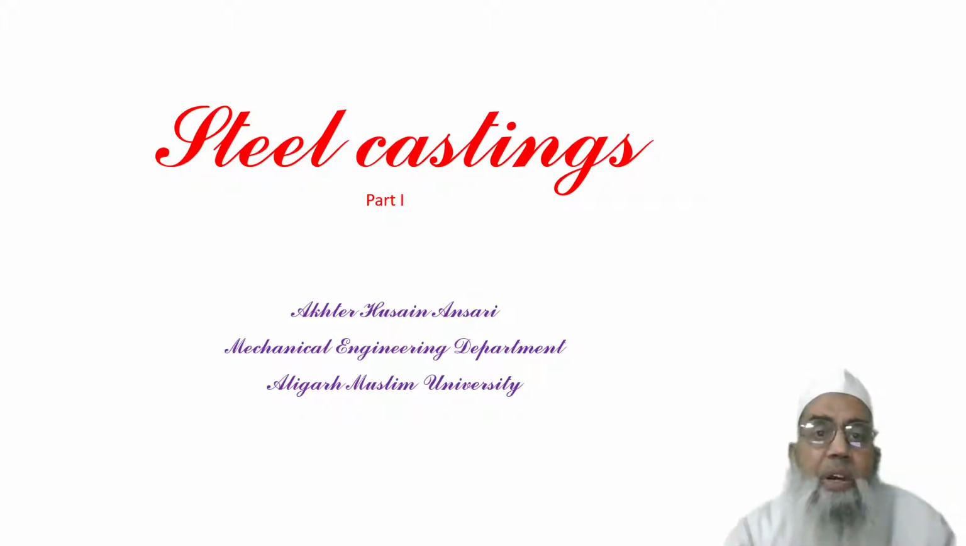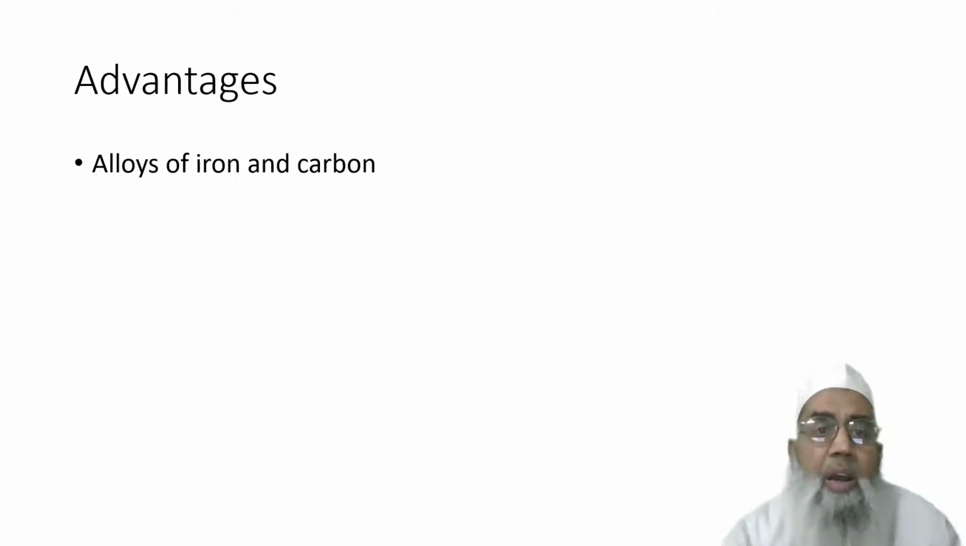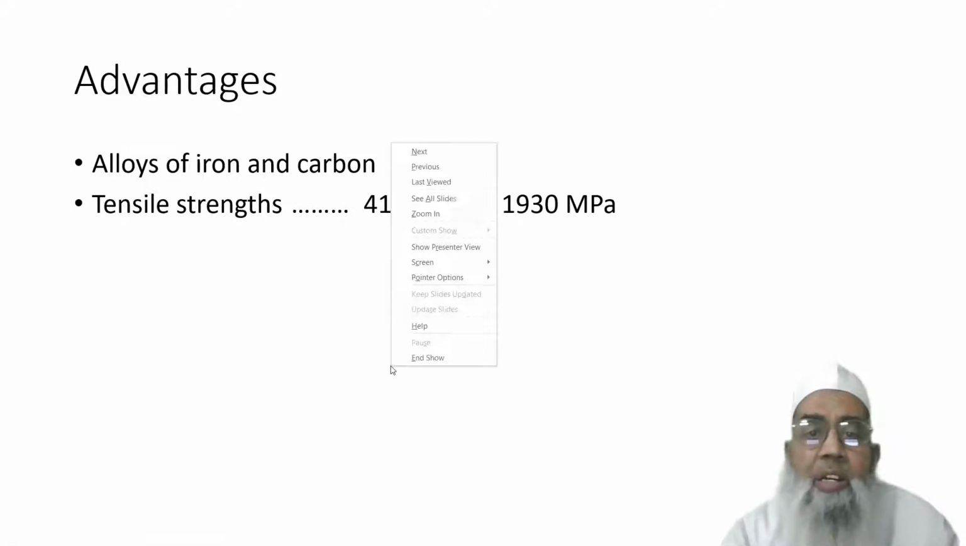Today we will discuss steel casting. Now, first of all, going into detail about casting, we should know what the advantages of steel casting are. Steel is nothing but an alloy of iron and carbon, and the tensile strength ranges from 415 megapascal to 1930 megapascal,